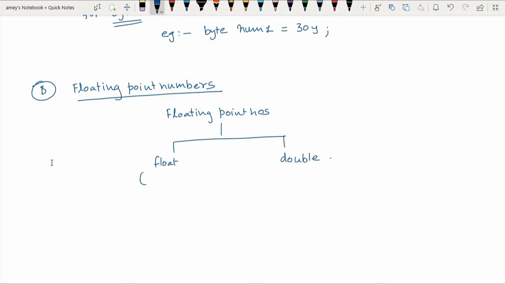Now this float data type is a single precision, and double is a double precision.